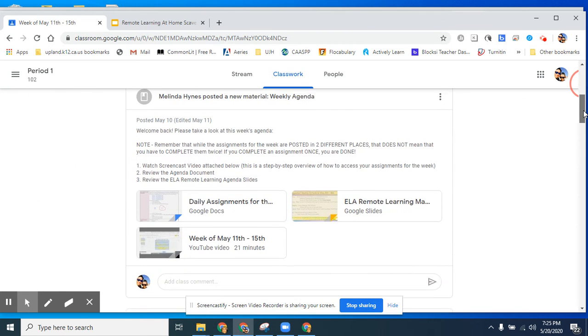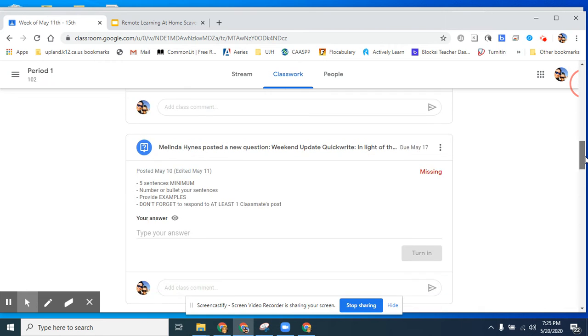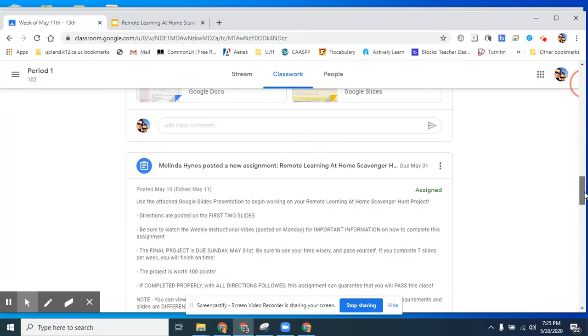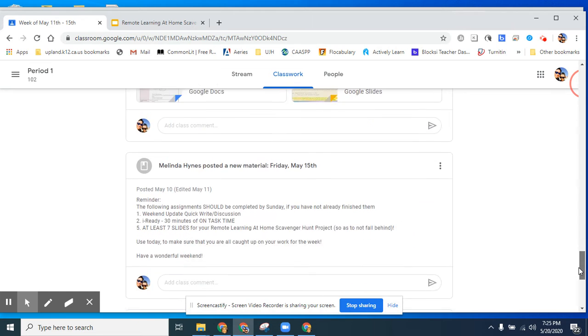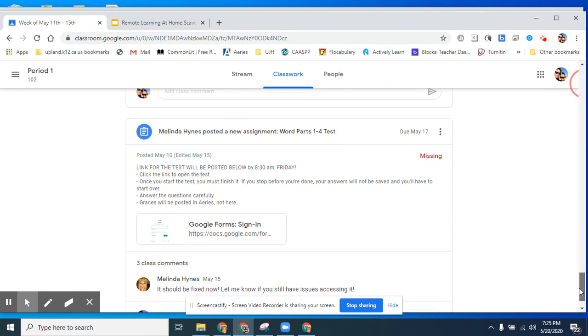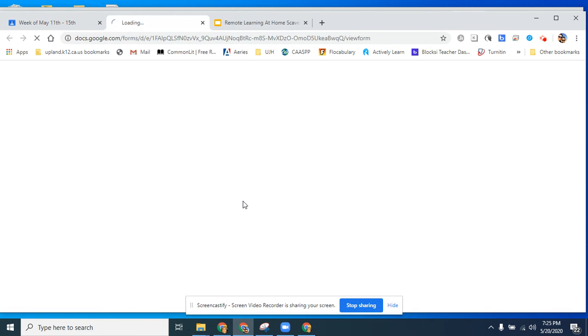There's the attendance, the weekly agenda. And I have to scroll down to Friday, all the way down to Friday for that test because the test was assigned on Friday. So I go all the way down to the end of the week here. And you will see here's the link, the Google form, sign in for the test. So if you click on this,